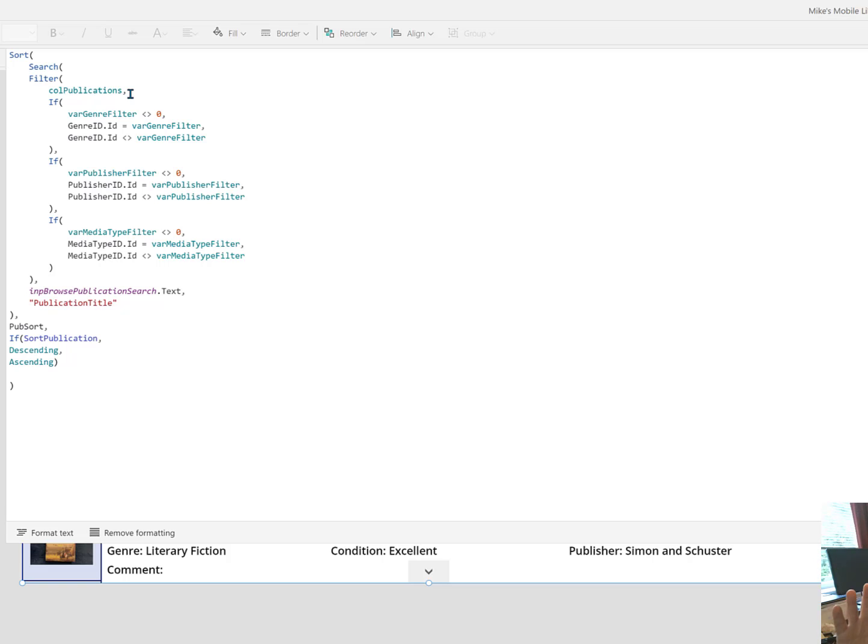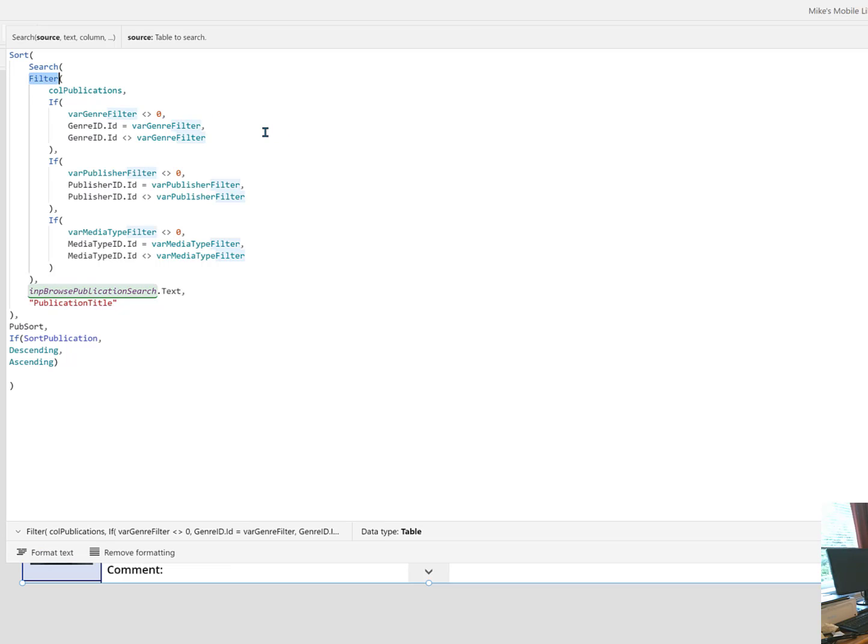Remember that a collection is a temporary internal in-memory table. It can have exactly the same layout and structure and records as the source table, or it can be different depending on what use you're going to make of it. The records themselves come from this publications collection, which in turn is based on the publications table. It's filtered in one of three ways. If a variable called genre filter is not equal to 0, then we're going to apply that ID as our